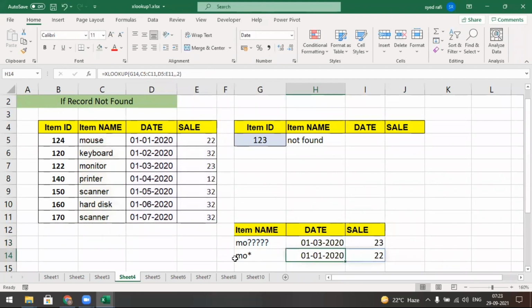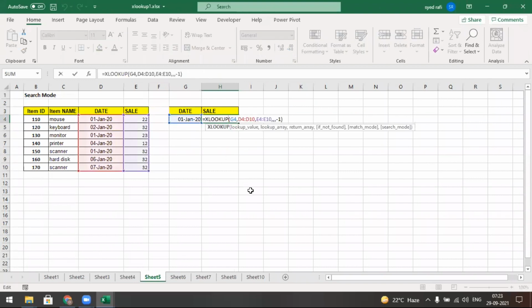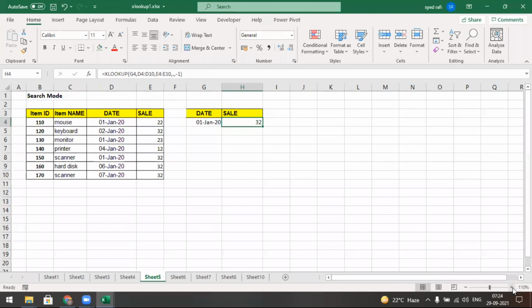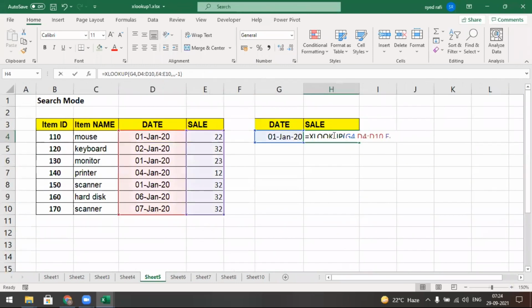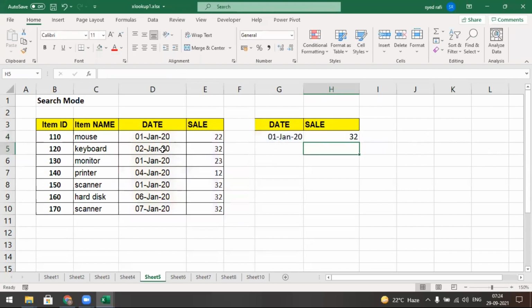Okay, it's over. We discussed this one. Next, what is the search mode? Yes, we will cover this one. If I enter 1st January 2020, I make this one the maximum. Let's say I give a date, 1st January 2020. It is available, but it can't be displayed like this. Why will it display like this? And again it moves towards 23 and then towards 32.